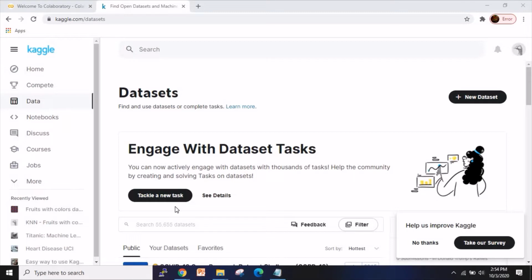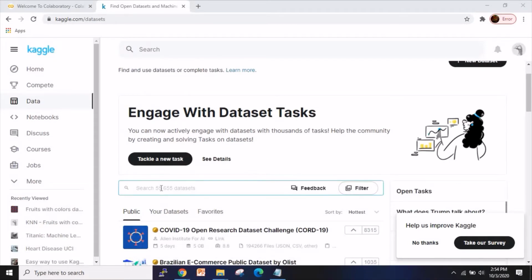Let's get started with the video. You might have known that Kaggle is a place where you can find lots of datasets. It has more than 55,000 publicly available datasets here, as you can see. And if you're using these datasets for your data science project or building any machine learning model,